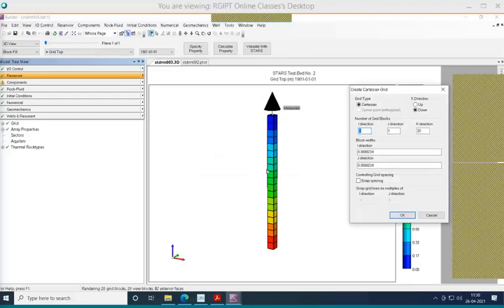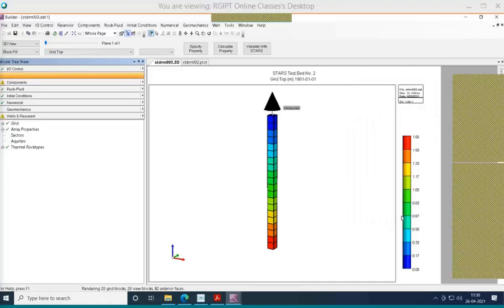Partition. Okay, let me say I need 5 blocks in X direction and 5 blocks in Y direction, and I am not changing anything. Enter 5 in the I direction, 5 in the Y direction dimension. We have seen all these things. Okay, you know how to do this. But after clicking OK,